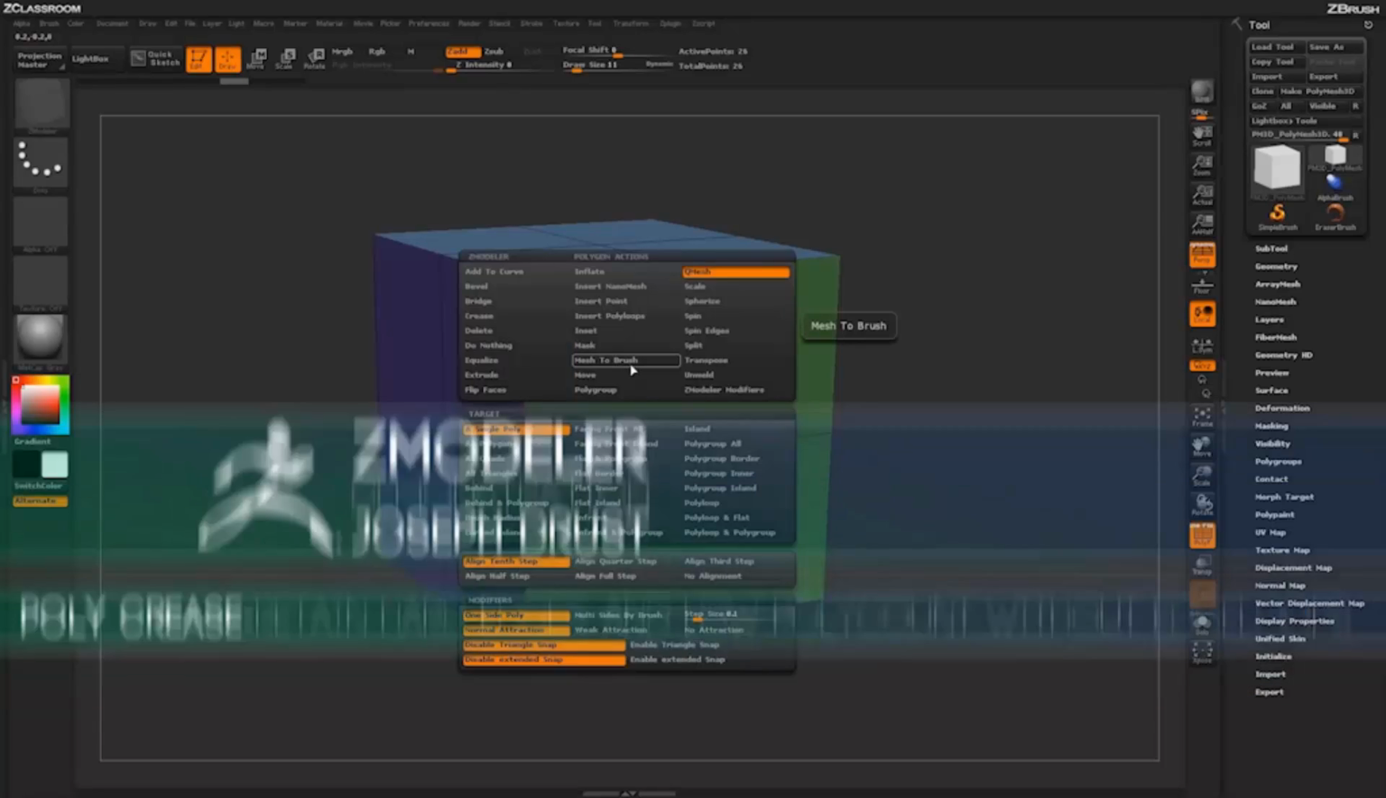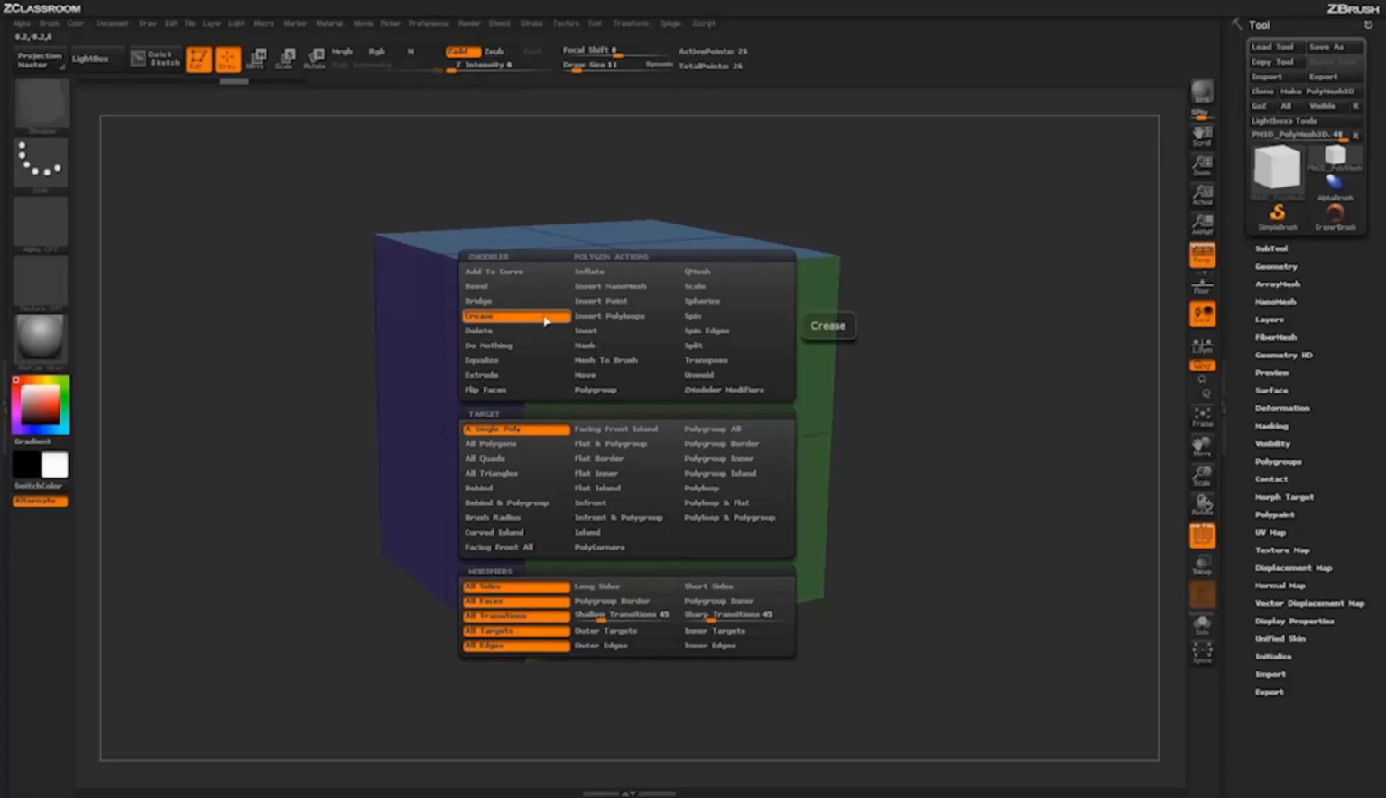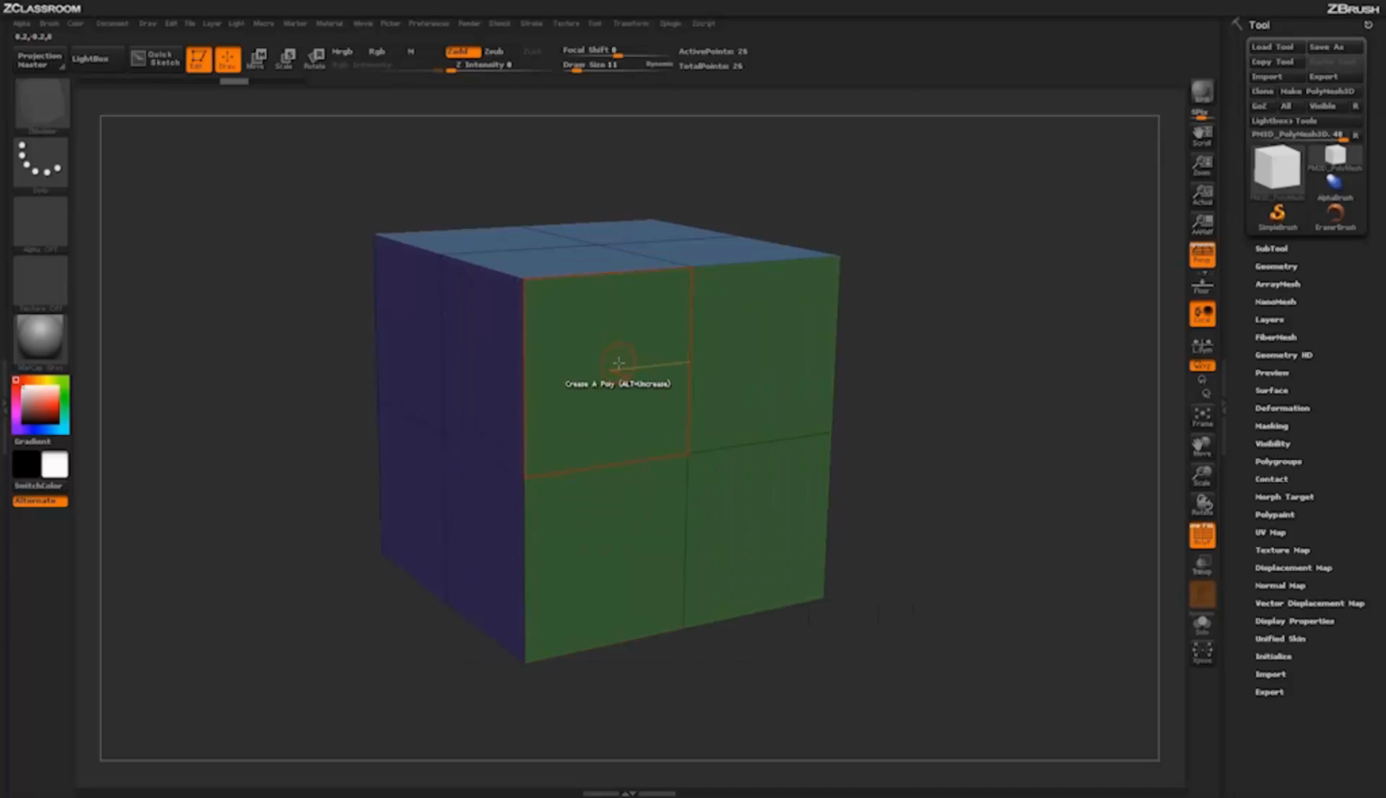Poly and press spacebar to open up the ZModeler Poly menu. Locate the Crease action. With the Crease action selected, you'll see a series of targets and then a series of modifiers down below. The Crease action will allow you to come through on any target you have selected and apply creasing around that area. So here I just have it set to Crease a Poly, and so by simply clicking